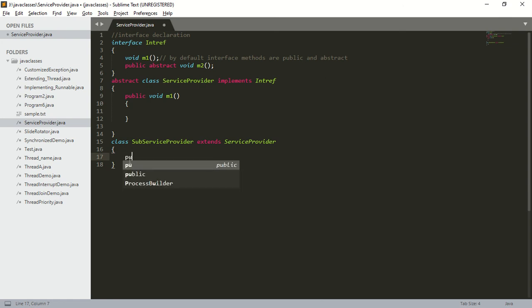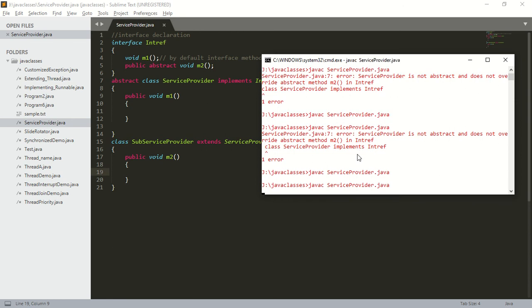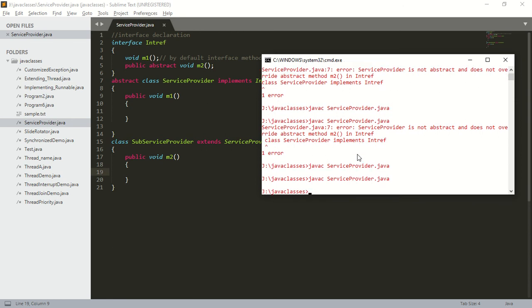So public void M2. Save this, and compile. The code compiles fine because this sub-service provider is providing an implementation for this M2 method.